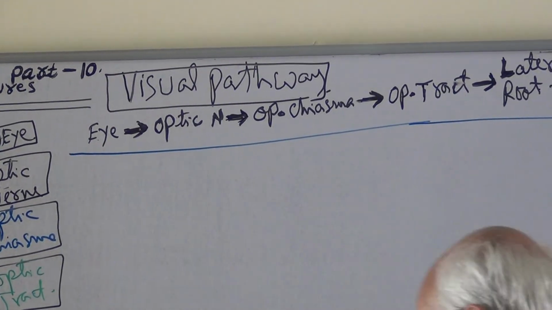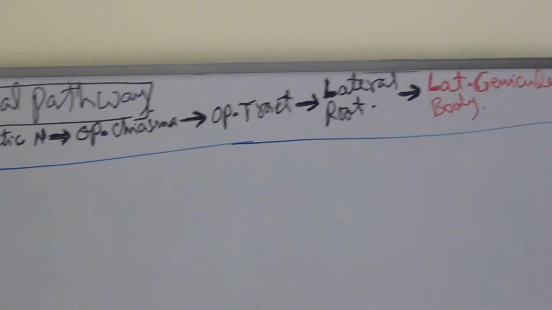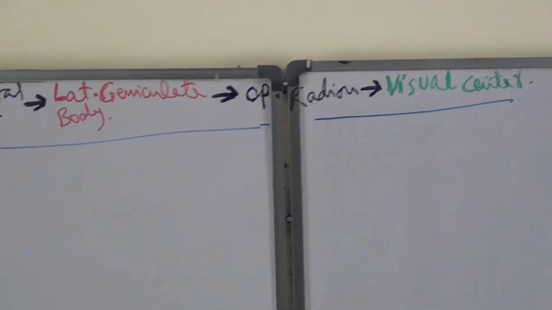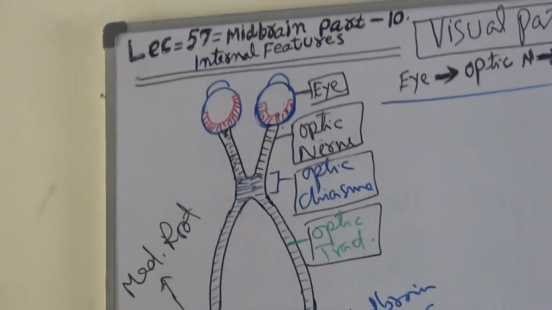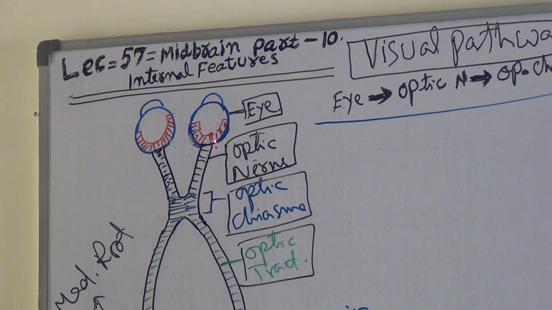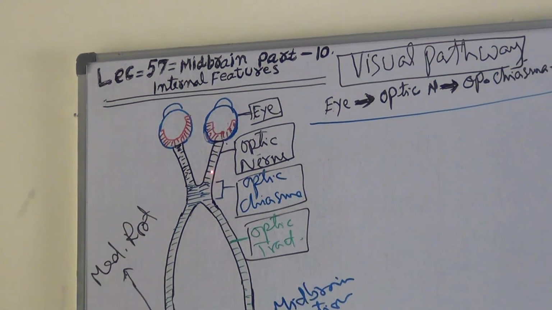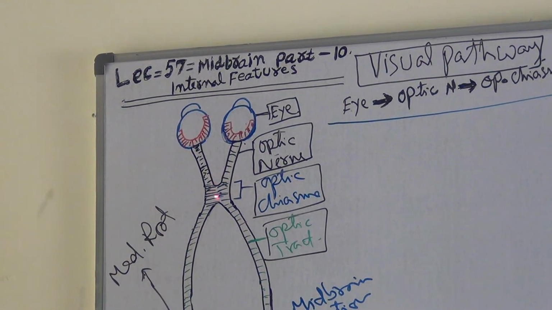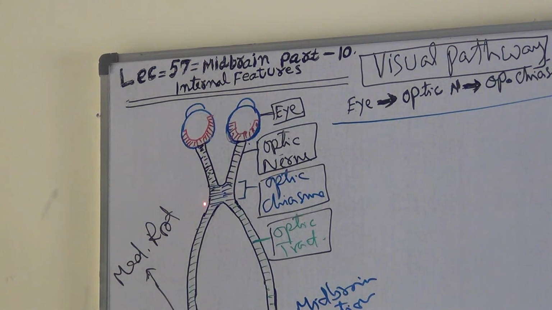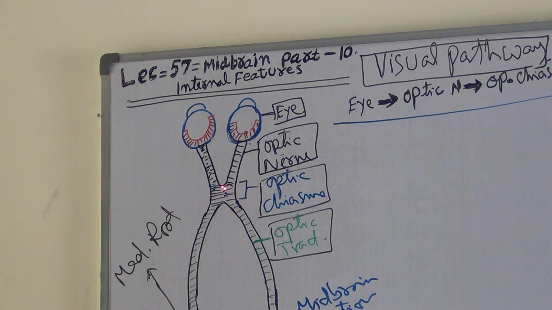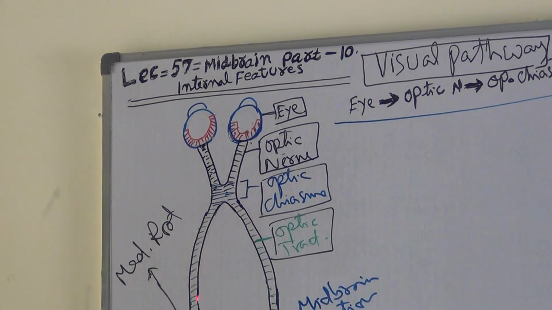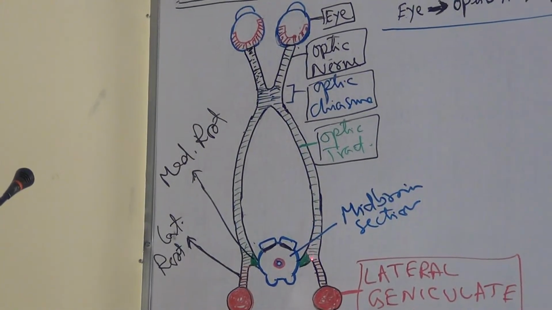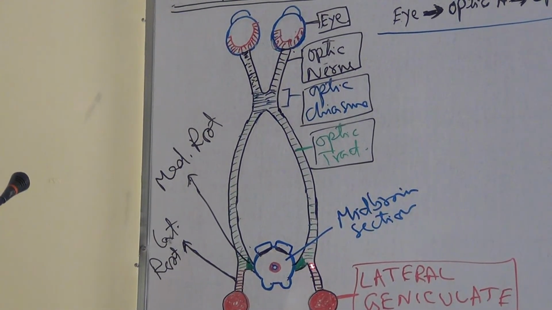Summary of the visual pathway. The axons of the neurons of the retina are crowded together to leave the eyeball as the optic nerve. Then partial decussation occurs at the optic chiasma, where the nasal fibers decussate and temporal fibers remain ipsilateral, they do not decussate. And from the optic chiasma, right and left optic tracts arise near the midbrain. Lateral to the midbrain, the optic tract divides into a medial route and lateral route.